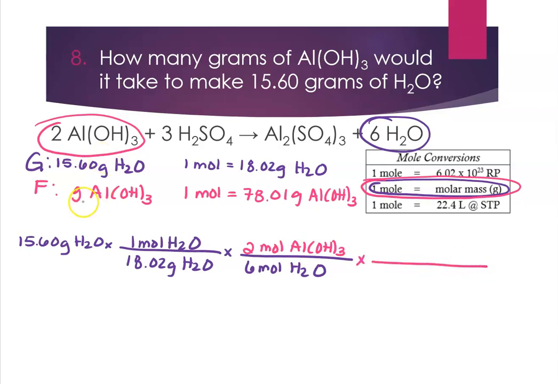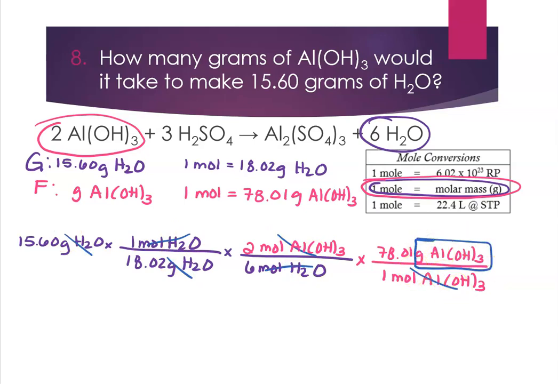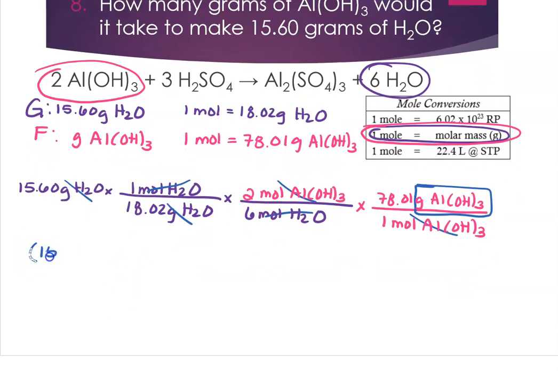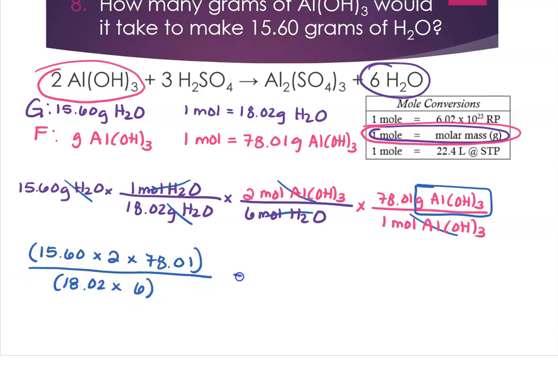All right, and then lastly, I need to go from moles to grams, so I use molar mass again. 1 mole goes on the bottom so that they'll cancel. And the molar mass, 78.01 grams Al(OH)3, goes on top. Grams H2O cancel with grams, moles H2O cancel with moles, moles Al(OH)3 cancel with moles Al(OH)3, and I'm left with grams of Al(OH)3. So 15.60 times 2 times 78.01 divided by 18.02 times 6, all that in parentheses, and I get 22.511 grams of